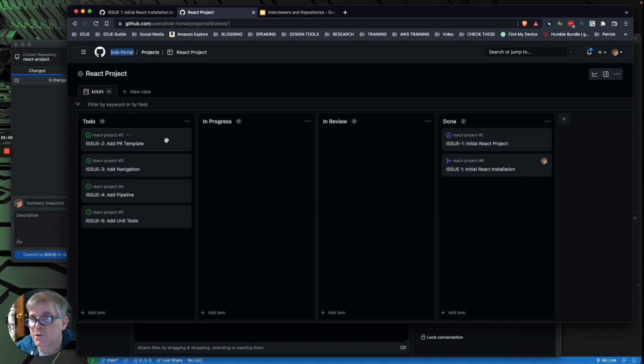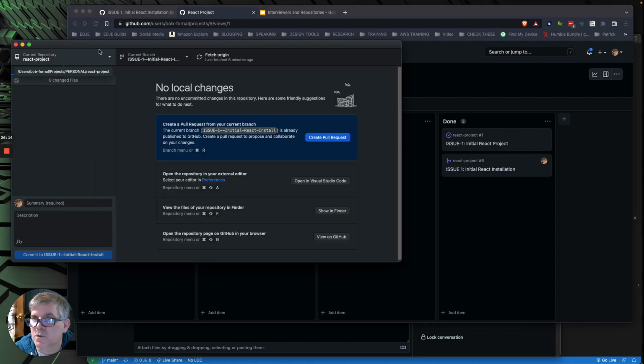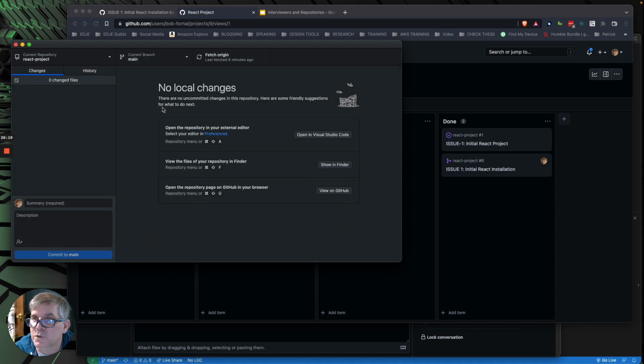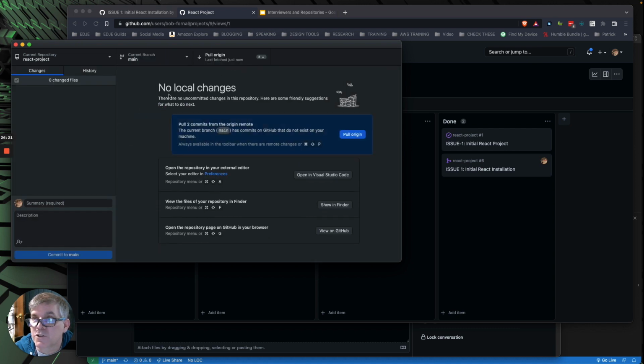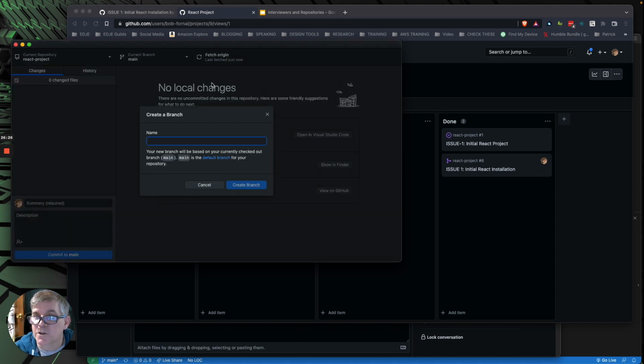Okay. So we want to add our pull request template next. Okay, remember I talked about how when you open that pull request, you get a chance to make some comments on it. And there's a template for that makes life really easy, and I've got a quick version of that. So what we want to do is open a new branch, because we want to do this right. And to really do it right, let's go back to main, and let's fetch, because we merged. We need to pull that code down. Okay. We'll create our new branch now from the main branch, and we're going to call it issue 2 Add PR template.